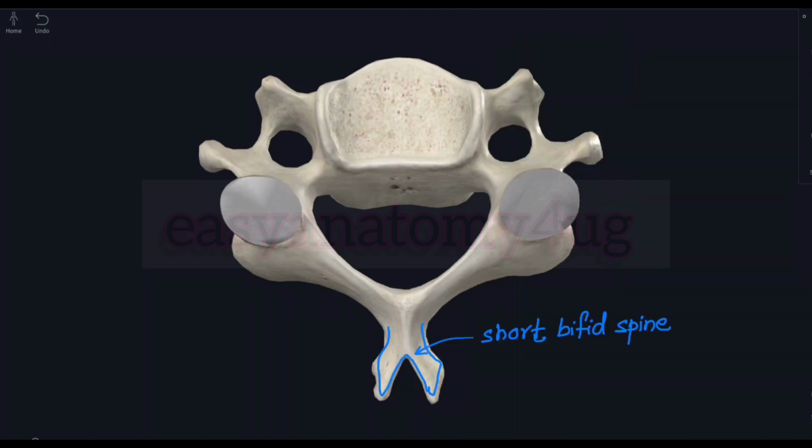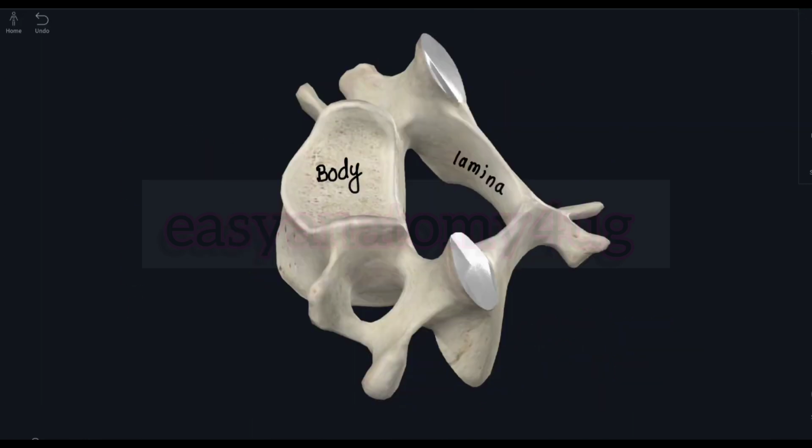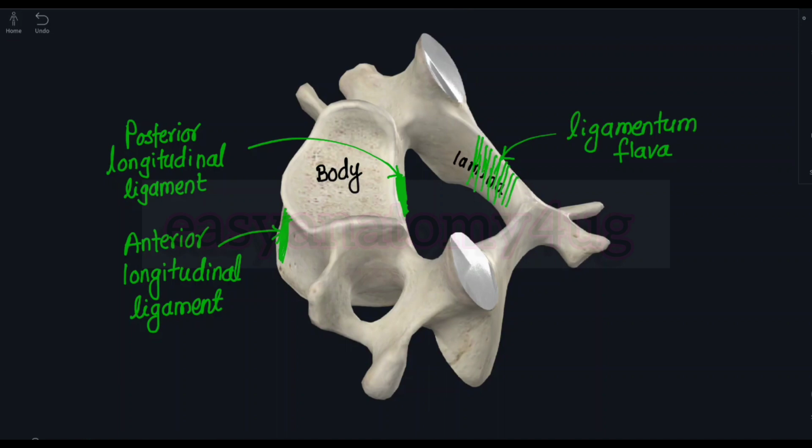The spine of the cervical vertebra is short and bifid, and the notch present is filled by ligamentum nuchae. Other important ligaments attached to the body of the cervical vertebra anteriorly and posteriorly are the anterior and posterior longitudinal ligaments. The inner surface and superior border of the laminae of cervical vertebrae provide attachment to the ligamentum flava, and we have already discussed ligamentum nuchae, which occupies the bifid spinous process.